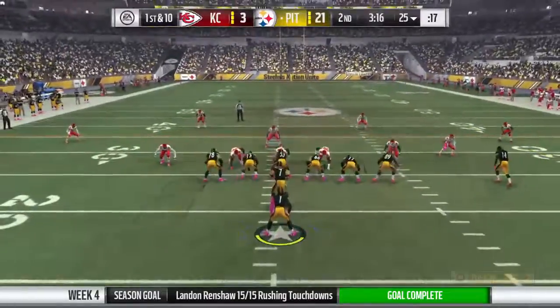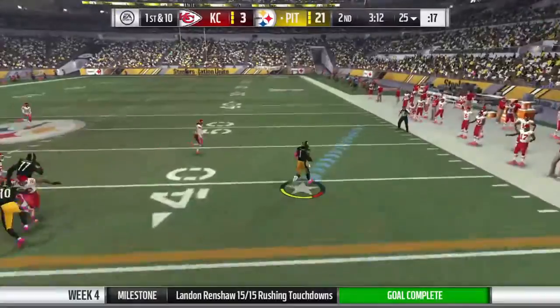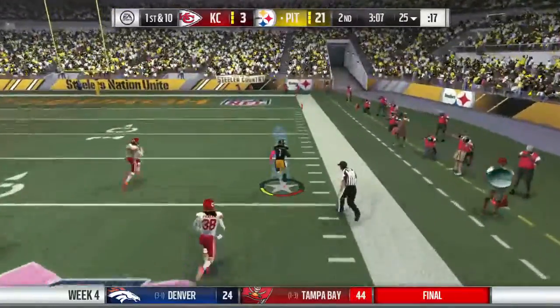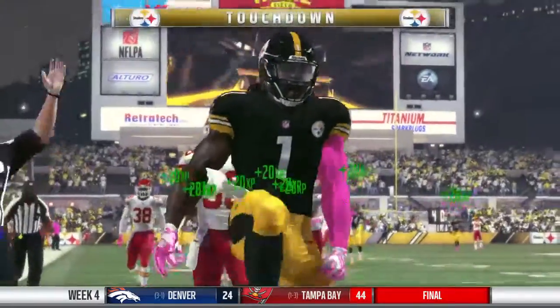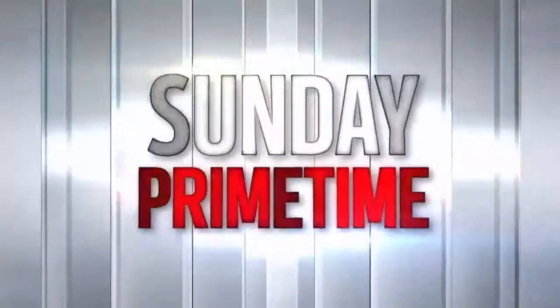They'll come out in the pistol. And they'll go on the ground. And he's got room. Cuts it out to the sideline. And now the rookie's free. And into the end zone. Touchdown, Pittsburgh. A big...